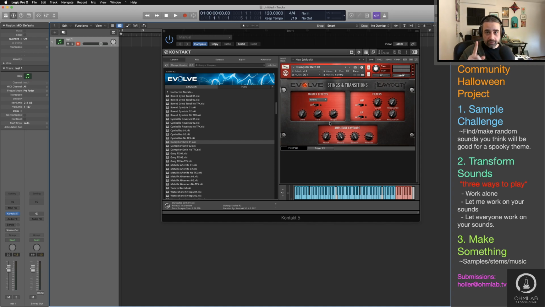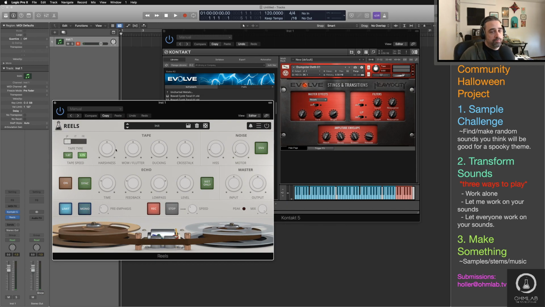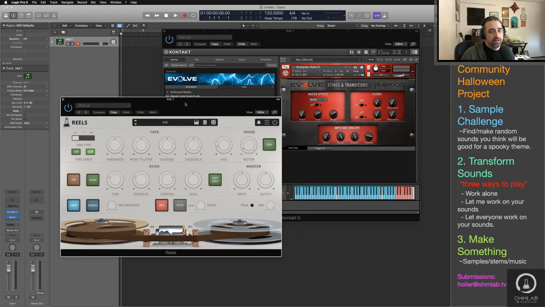And along the way, we're going to play with the plugin that we're going to be taking a look at today, a nice tool, Reels from Audio Thing. If you guys are unfamiliar with Audio Thing, it's a great company. They make really nice things. Reels is a tape emulation that's just a little bit different. It's focused on reel to reel. And it's got 3 different tape types,